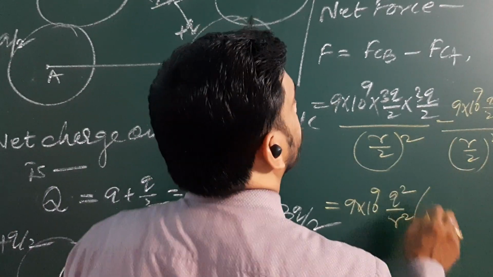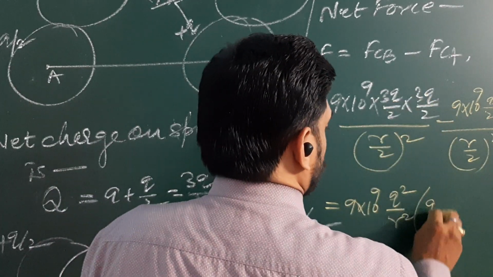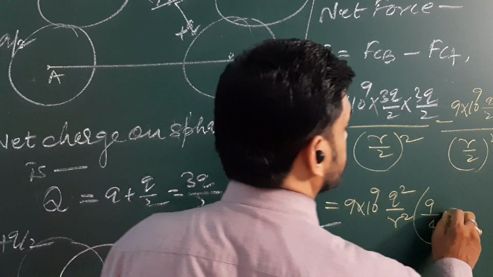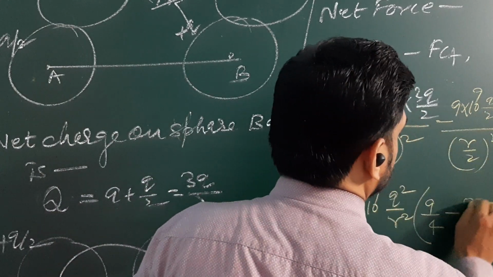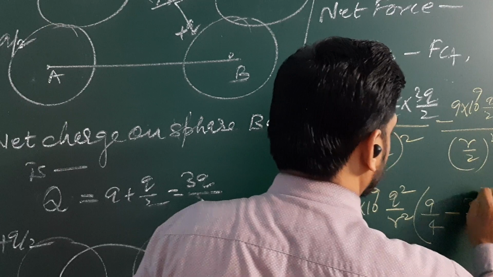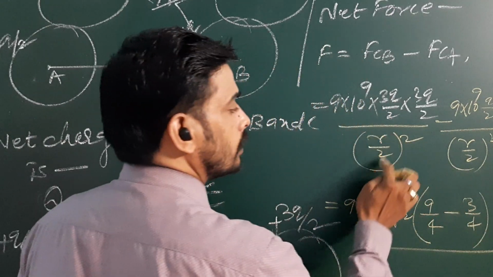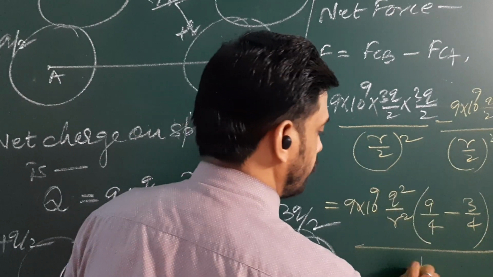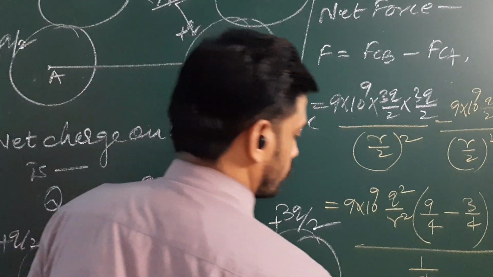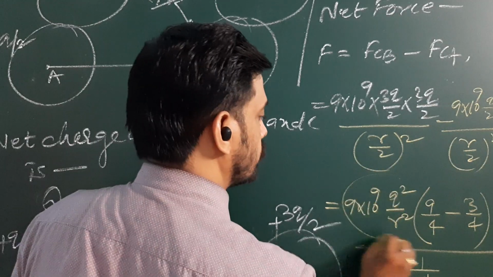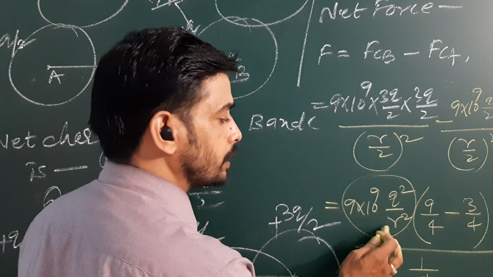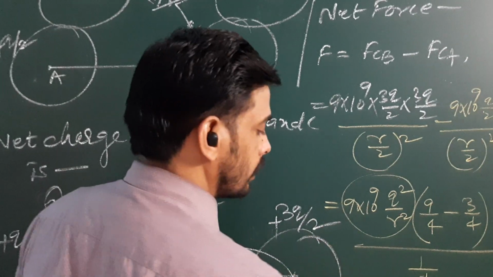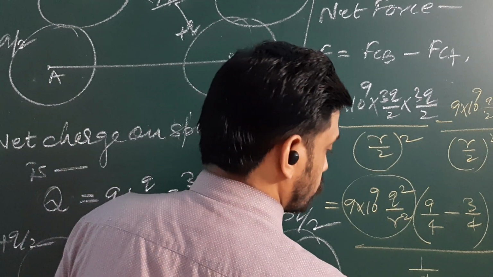Now we have 3 3s are 9 by 2 2s are 4, minus 3 and 3 by 2 2s are 4. We have already taken R square common. Now we have 1 by 2, so whole square 1 by 4. Its value, I have told you before, is 10 power minus 5. In the first part it is given, right? 10 power minus 5 into, what is this?